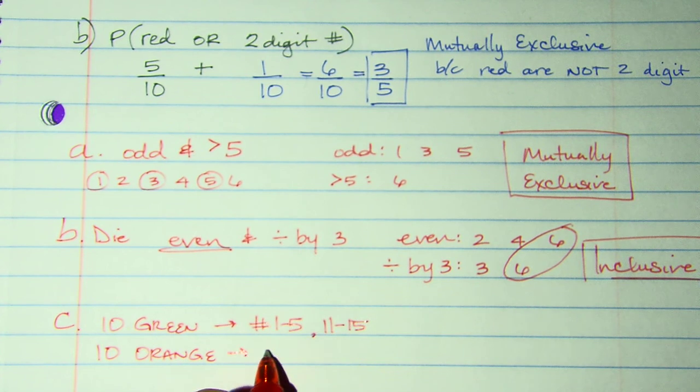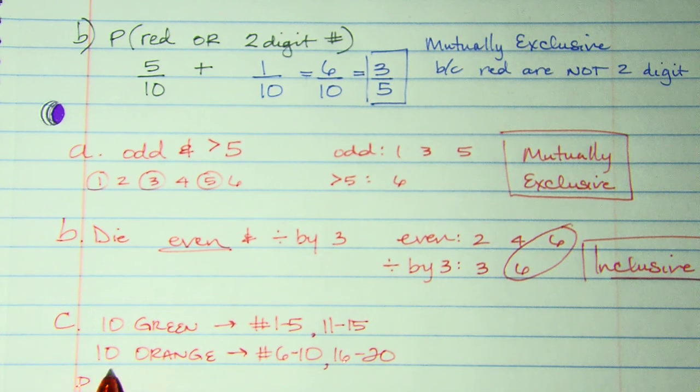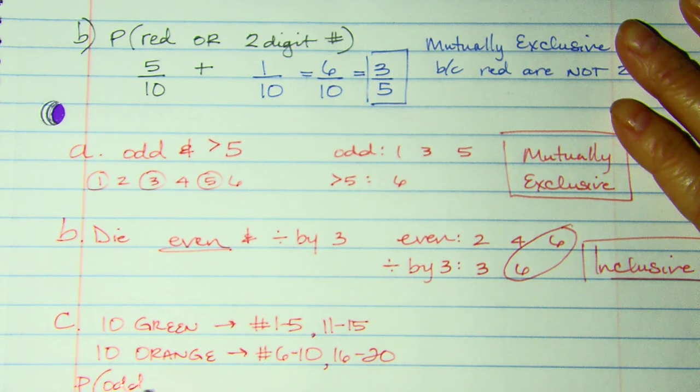The orange are labeled numbers 6 through 10 and 16 through 20. And this asks, what's the probability, let me see how they word it, that the marble drawn from the jar is odd or